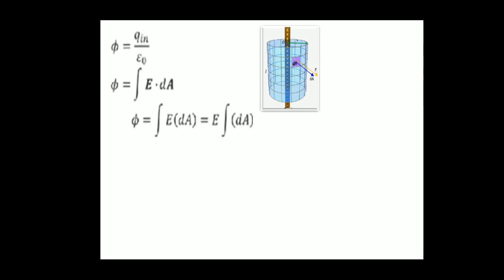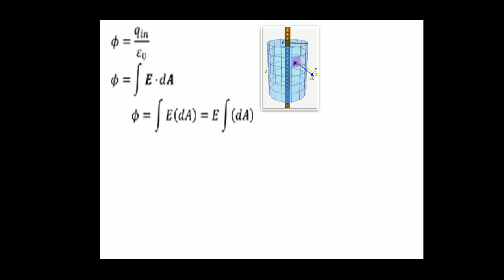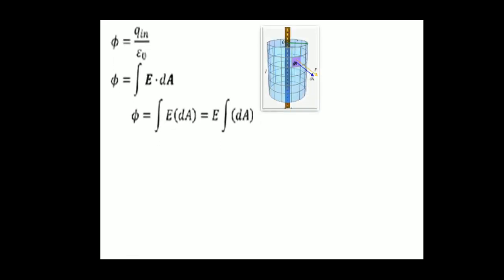So the same diagram. Now we have to derive. The size of the diagram is brought small. Now go to Gauss law. What is the mathematical form of Gauss law? Phi is equal to Q by epsilon naught, the total charge or enclosed charge. And phi is equal to, we know, E dot dS or E dot dA. In this diagram I have represented area as dA, so here also I have taken E dot dA. What is the formula for E dot dA? E dA cos theta.